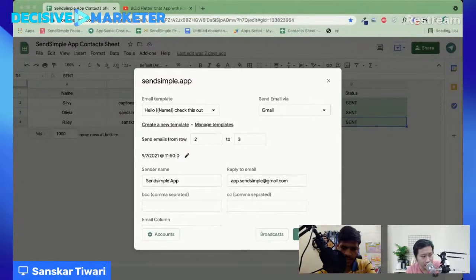Okay, and I can use SendSimple on multiple Google Sheets? Yeah, of course. I think the tool that you have here is actually pretty useful. Can I find out when you will be adding the new row added, and then automatic email goes out? It should be within 2 to 3 weeks. It should not take more than that. That's the maximum limit I'm saying. Most probably it should be before that.